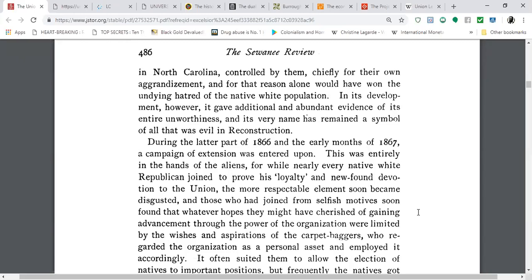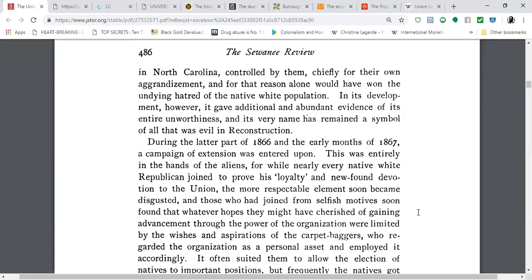During the latter part of 1866 and the early months of 1867, a campaign of extension was entered upon. This was entirely in the hands of the aliens, for while nearly every native white Republican joined to prove his loyalty, the newfound devotion to the Union, the more respectable elements soon became disgusted, and those who had joined for selfish motives soon found that whatever hopes they may have cherished of gaining advancement through the power of the organization